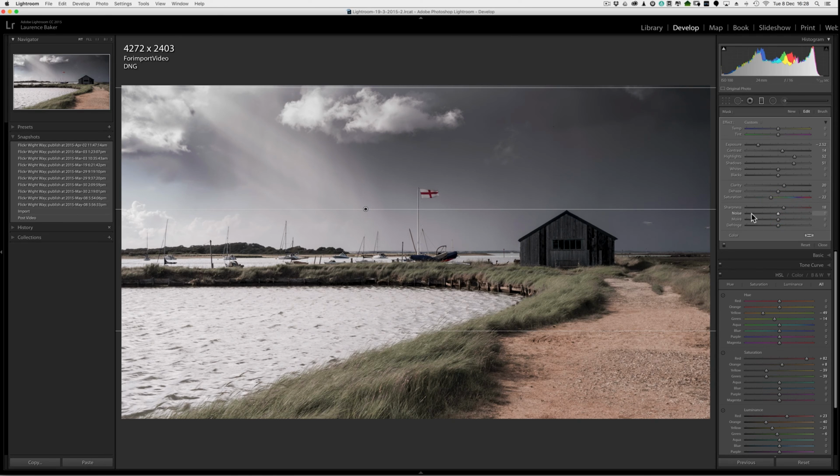I'm not going to play around with noise, moire or defringe because on graduated filters they are a little bit pointless. But if you had any noise or moire patterns there caused by colour distortions, you could get rid of them here, or fringing caused by chromatic aberration as well. I can also add a colour in if I wanted to, but I'm not going to. Well, just to show you what it can do, I could add that blue in and you can see what it's doing now, green in. So if you want to get very artistic, I'm sure you could, but be very careful with the colours